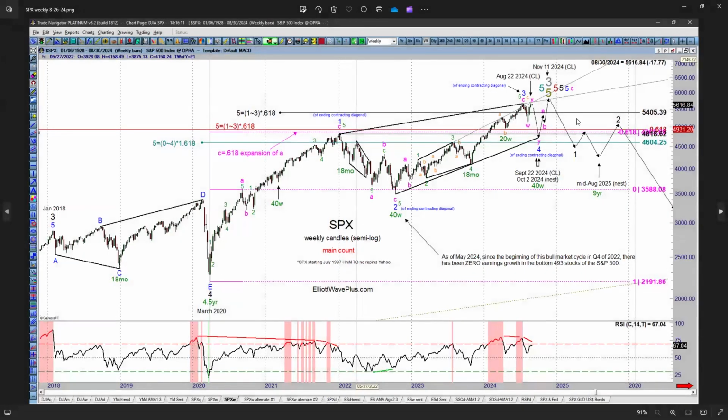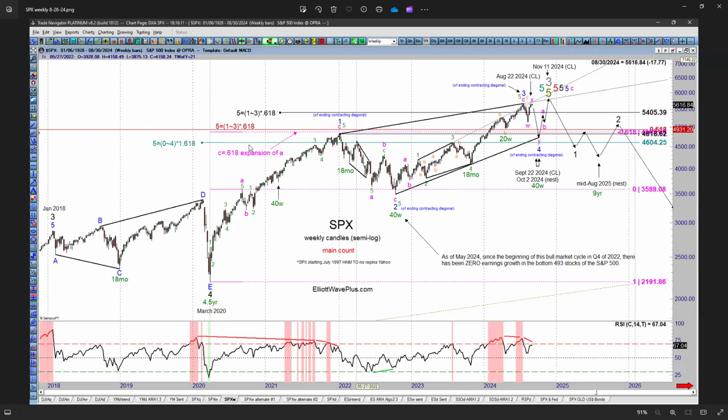That was the monthly. Now we're going to move to the weekly. So here's the ending contracting diagonal idea. Notice that the wave C up from the March of 2020 low, this zigzag A, B, C, came within an eyelash of being exactly a 0.618 expansion of wave A. So if this is the length of wave one, this is wave A, consider that a unit of 1, take that times 0.618, and on a similar chart,